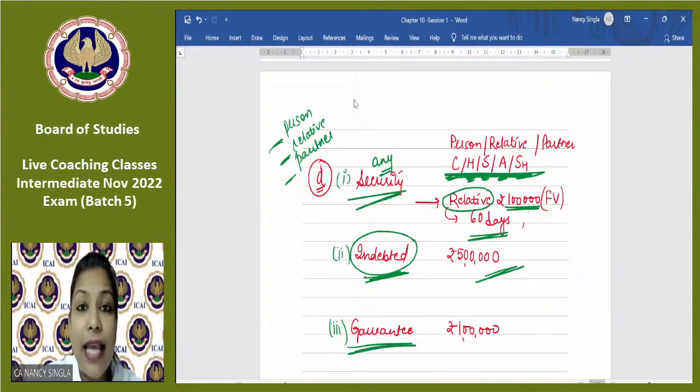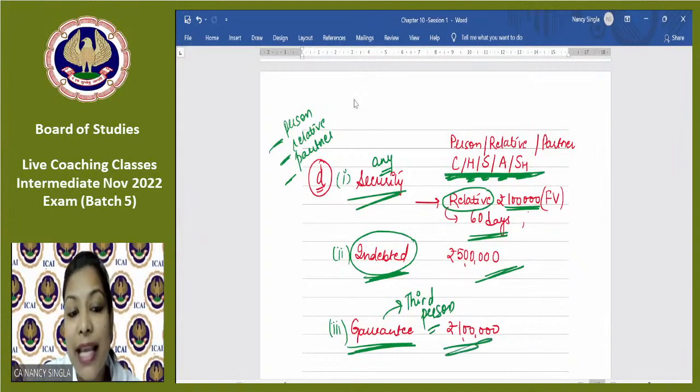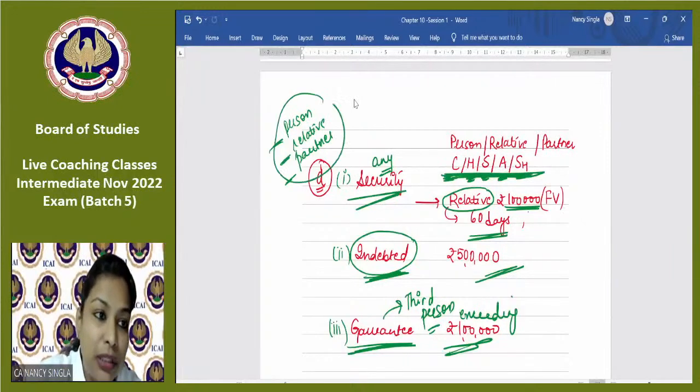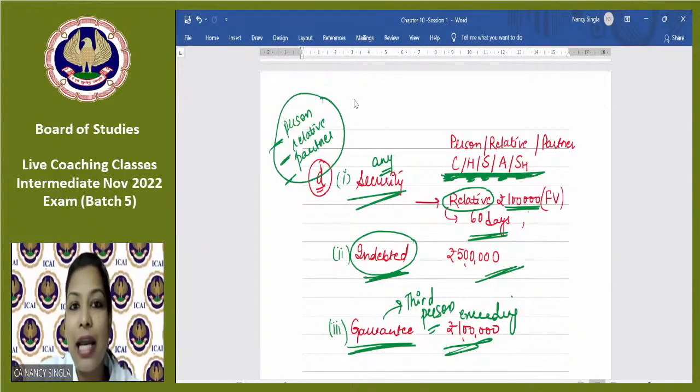And if guarantee has been given for a third person, Mr. M in our example, for an amount exceeding rupees 1 lakh, then also ineligibility है. Guarantee किसको दिया है? कंपनी को या होल्डिंग को या सब्सिडरी को या एसोसिएट को या सब्सिडरी ऑफ द होल्डिंग को. Clear? So this clause talks about 3 persons, person, relative and partner. कहाँ पे कुछ भी ट्रांजैक्शन है, कंपनी में, होल्डिंग में, सब्सिडरी में, एसोसिएट में या सब्सिडरी ऑफ होल्डिंग में.